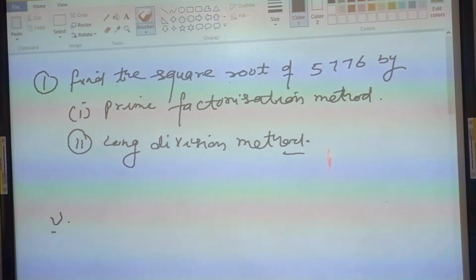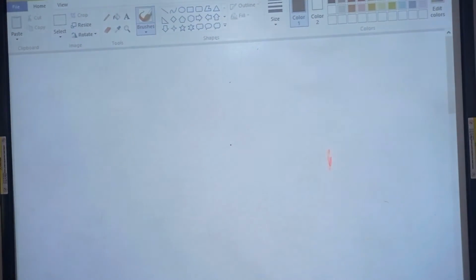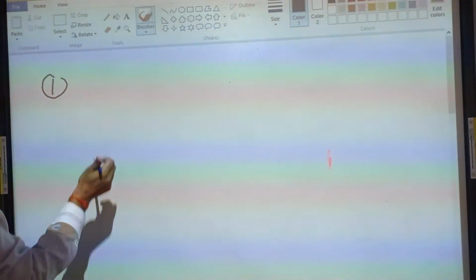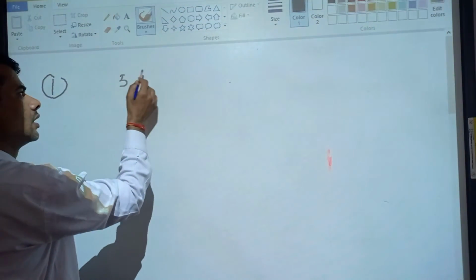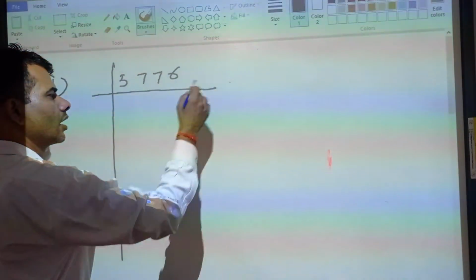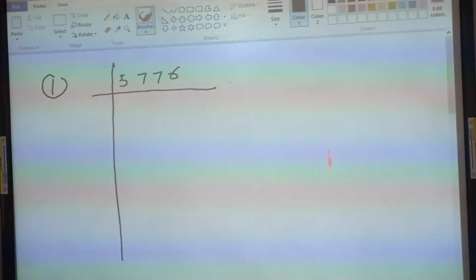Please do it fast. सर यहाँ पे दिक्कत हो रही है 5776 first. 5776 by prime factorization method. Prime factorization method. डिवाइड ही नहीं हो रहा बाद में किसी से ऐसा नहीं तब भी